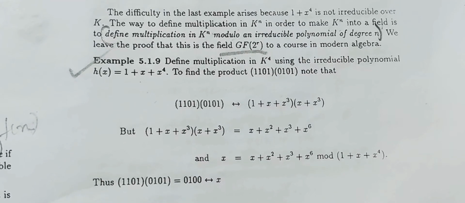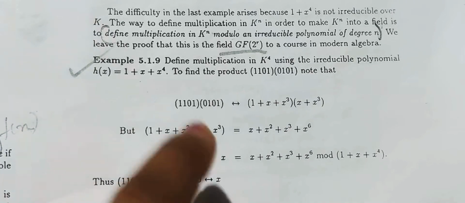This word is converted into a polynomial. So 1 1 0 1, what is that? First one is 1. Second one is 1, so that is x. So 1 plus x. Third one is 0, so the x square term is not here. And the fourth one is x cube. So 1 plus x cube, into